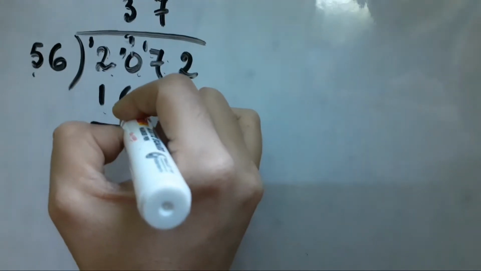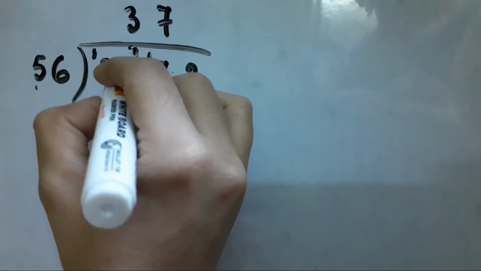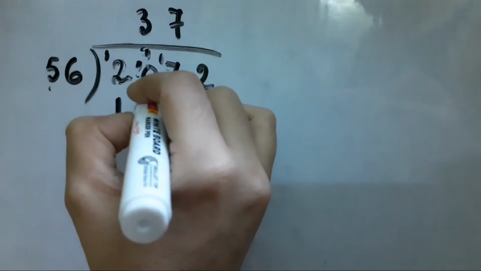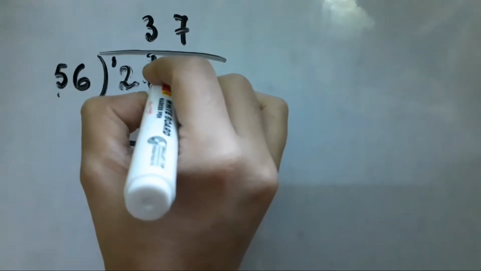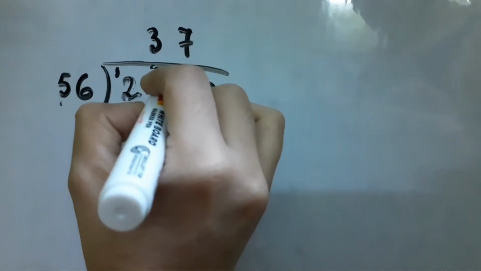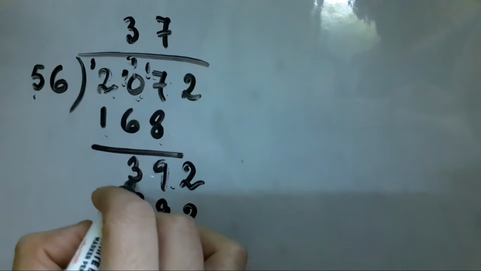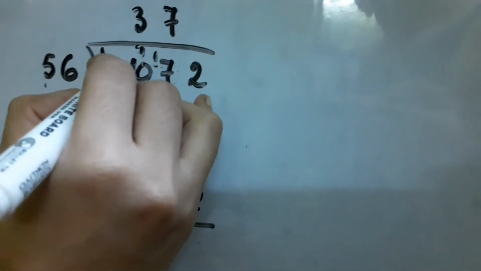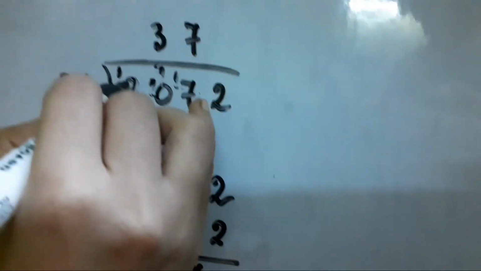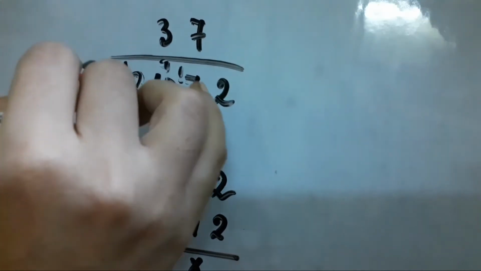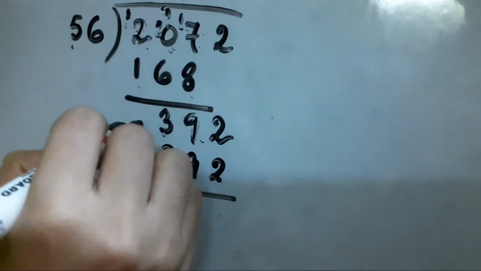0 is smaller than 6. So at first we will write 1 here. 1 0, 10. From 10 we will subtract this one. 10 minus 1 is 9. After 6, 7, 8, 9, 3. And 1 we have taken extra here. 2 minus 1 is 1. 1 minus 1 is 0.